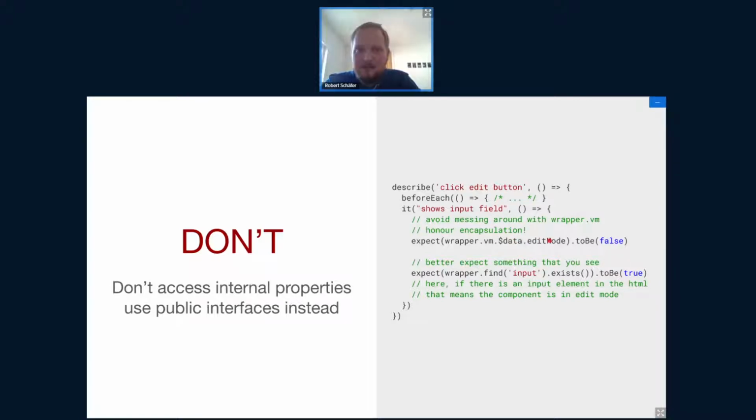Much better is that you actually test what you can see, right? The component will render some HTML or will render some text. In this case, maybe your component is showing an input field if it's in edit mode, right? So instead of checking the property that will be used in your template to show the input field or not, just check if the input field is there, right? It's a great way of